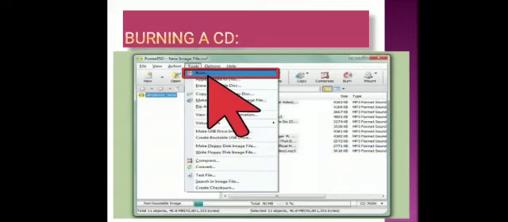Now in that you have to click on burn files to disc using Windows Explorer. Here in tools, first option is given burn, you have to click on it. Then one disc dialog box will appear. In that you have to give the title for your CD, means by which name you want to save that, and after that click on next.